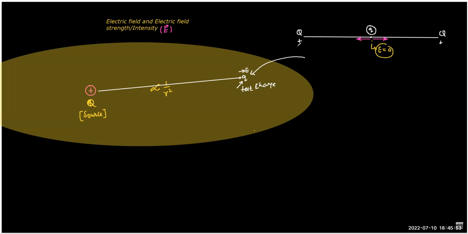So when the net field is zero, then no matter which charge you bring, because the field is absent, the force is out of the question. And that is why the position of equilibrium has nothing to do with the charge which you brought there. Okay. Because the force is eventually applied by the field. And if the field itself is absent, we cannot talk about the force. So who will apply force on a small q charge? Who will apply?